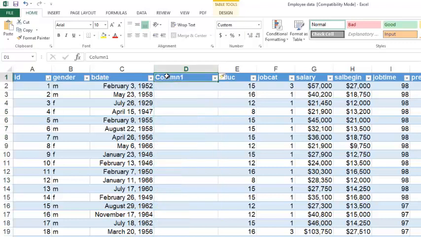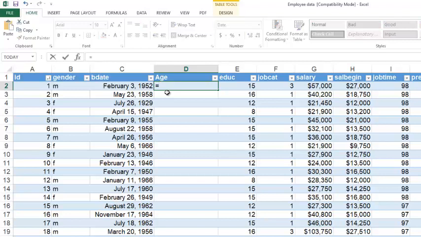So the first thing we'll do is rename this column 1. So go ahead and click up into here and re-edit this as age. Alright, now to create this formula, we need to first take today's date and subtract it from their birth date. So that would be equal to today, which is the today formula. Notice that it auto populates here. Put that within parentheses, because that's today's date, minus this cell C2, and divided by